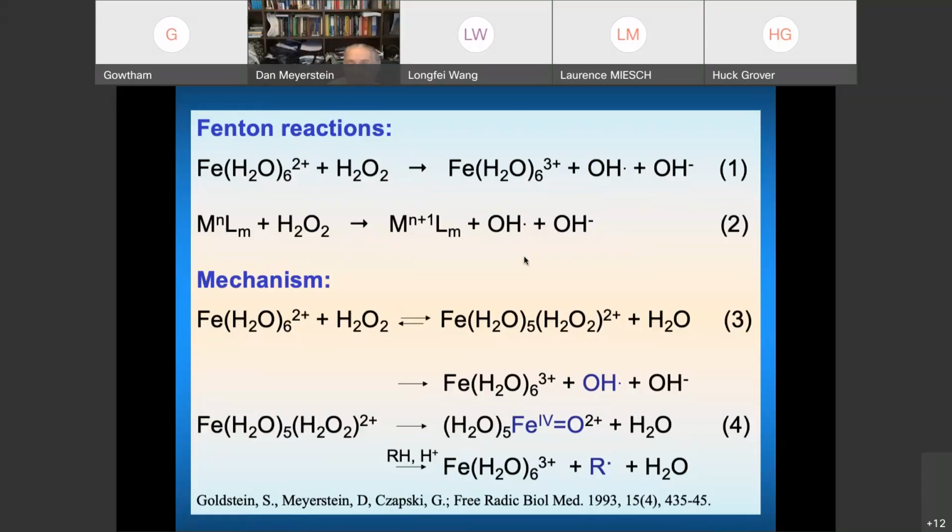Now, in principle, most people think that when you say Fenton reaction, the reaction is of iron 2 with H2O2, and you get iron 3, OH radicals, and OH minus. I'll discuss this in a moment. This is not definitely correct, or let's say in biological systems, I think